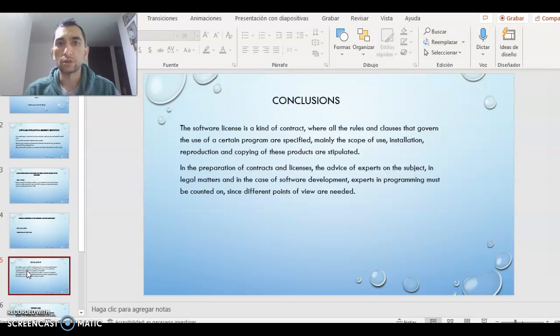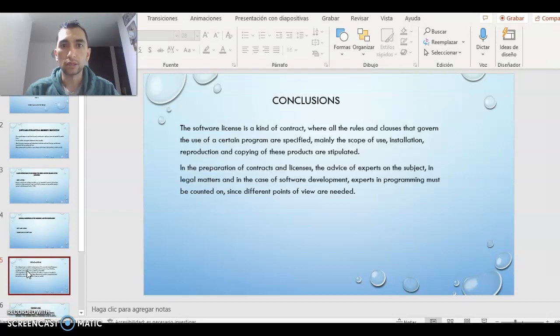Conclusion: the software license is a kind of contract where all the rules and clauses that govern the use of certain programs are specified, defining the scope of use, installation, reproduction, and copying.